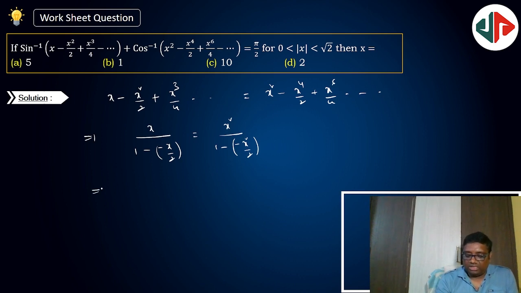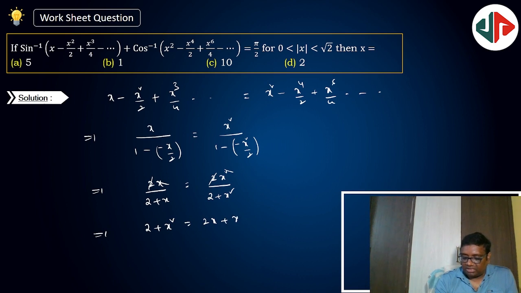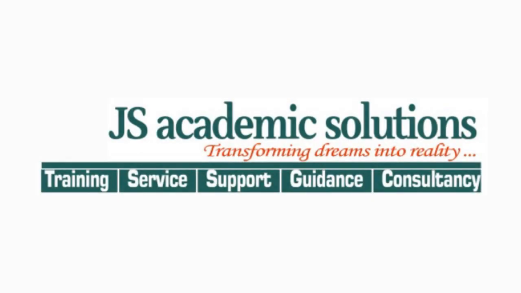Now this value is nothing but 2x by 2 plus x, and 2x square by 2 plus x square. So the 2 will be cancelled, the x will be cancelled. So it is nothing but 2 plus x square is equal to 2x plus x square. So x square will be cancelled. So x is equal to